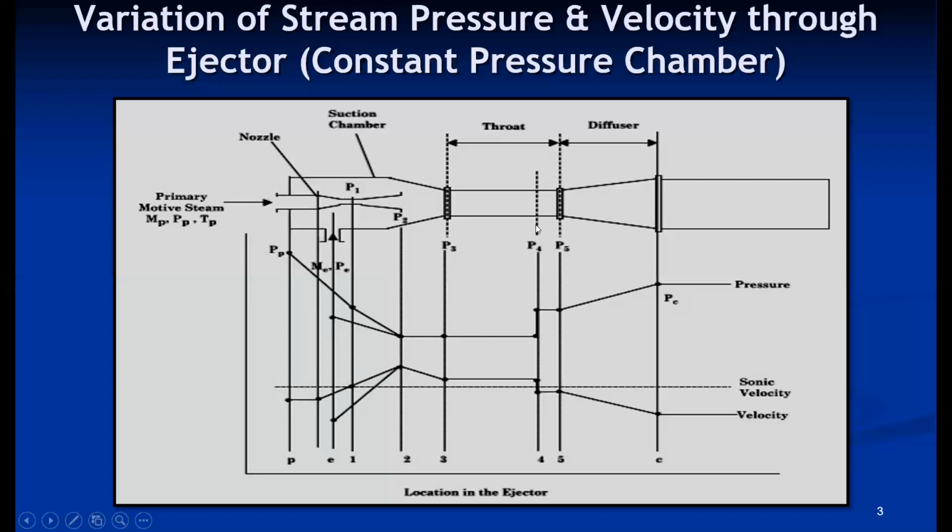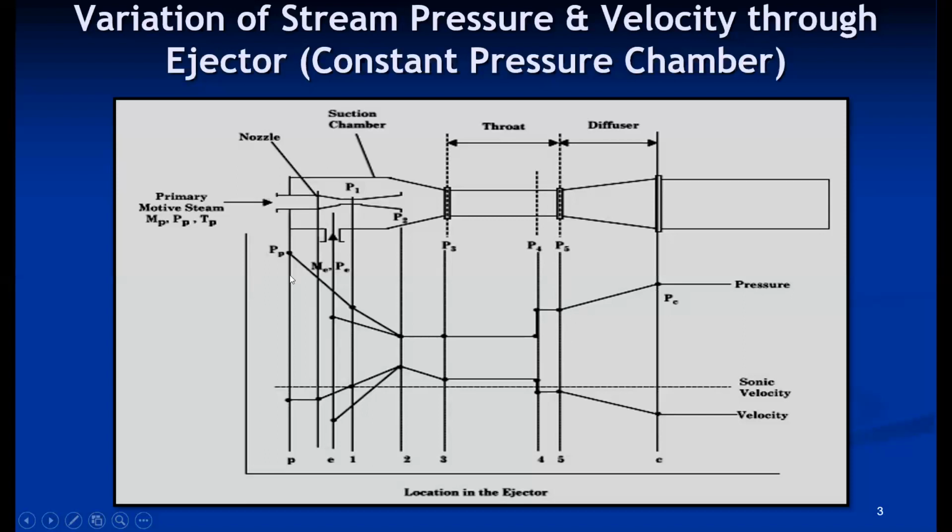In normal fluid mechanics principles, the normal shock is not desirable, but in the ejector principle, the shock is desirable because it tends to increase the pressure. That is why the ejector is also called a thermocompressor. So pressure rise in the ejector is desirable, especially in the diffuser section. Then the pressure remains constant here. This is a sudden shock, so a sudden pressure rise happens. The pressure remains constant in this particular area. And again, in the diffuser section, the pressure increases because of the increasing area.